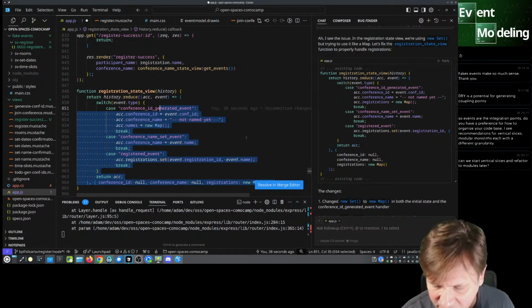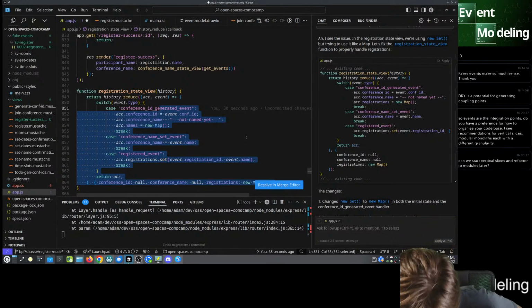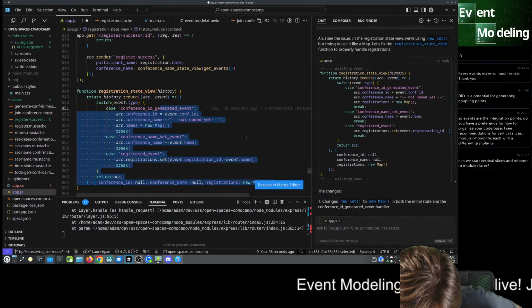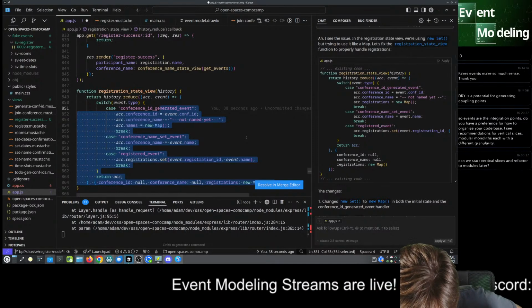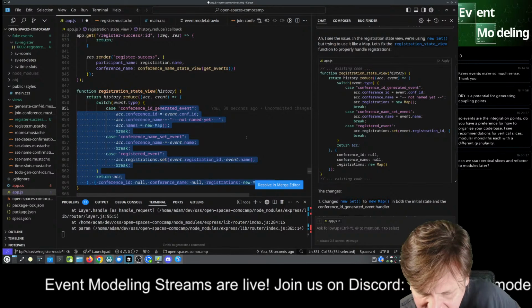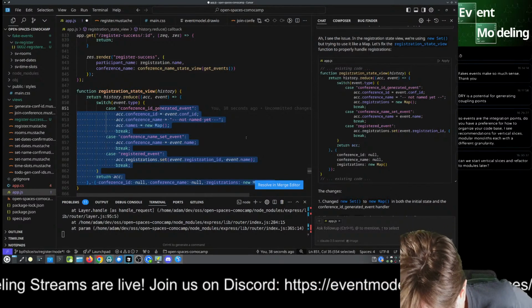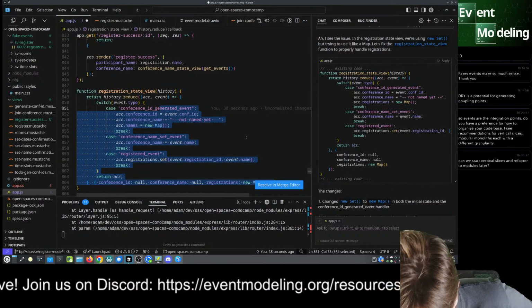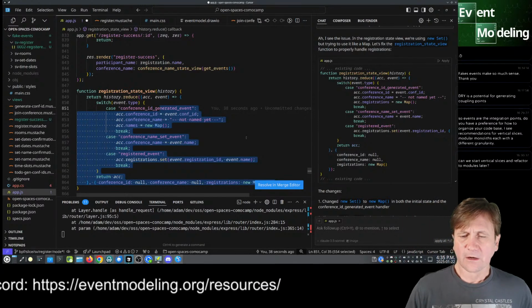Mohammed saying some more stuff. What do we have here? So events are integration points. Do you have a preference for how to organize your code base? I see recommendations for several vertical slices, monolith, each with a different granularity. Can we get vertical slices and refactor modules later? Yeah, I mean,